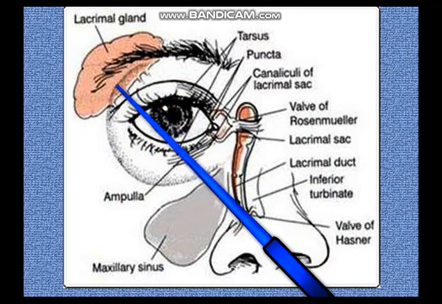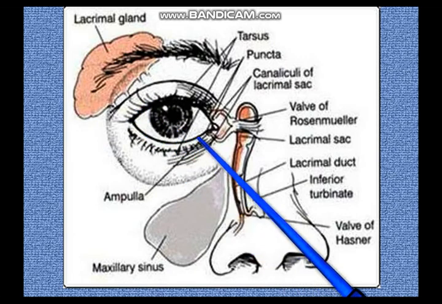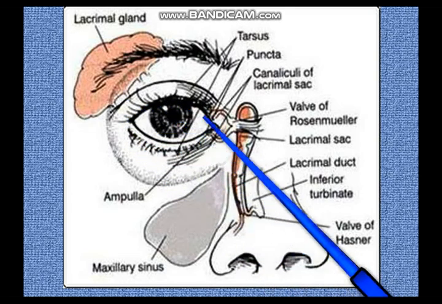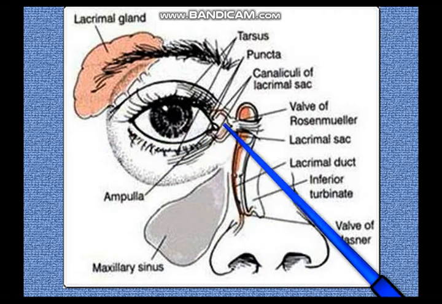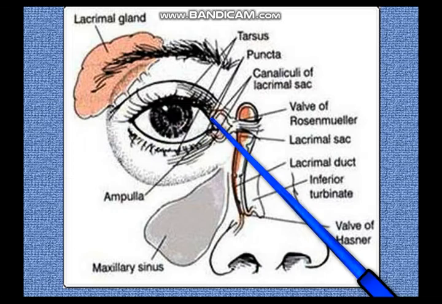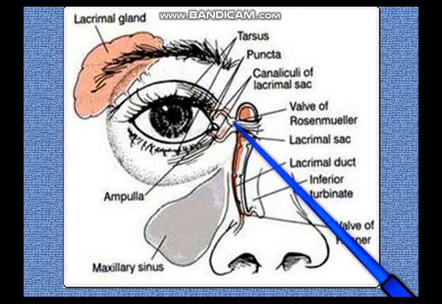The secretions of the lacrimal gland are discharged into the upper conjunctival fornix somewhere here, and along the upper and lower lid margins, they will flow along the fornices and the lid margin menisci. These are called the fluid meniscus, and they are going to reach the lacrimal lake over here. In the lacrimal lake you have the upper punctum and the lower punctum, and from the punctum you have the upper lacrimal canaliculus and the lower lacrimal canaliculus.